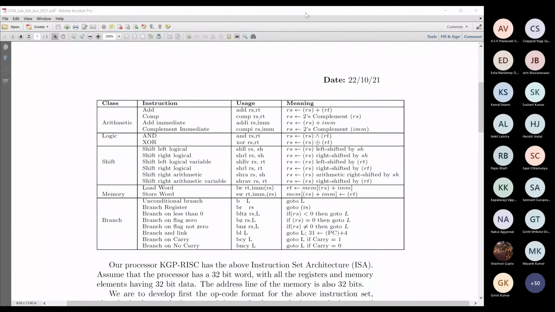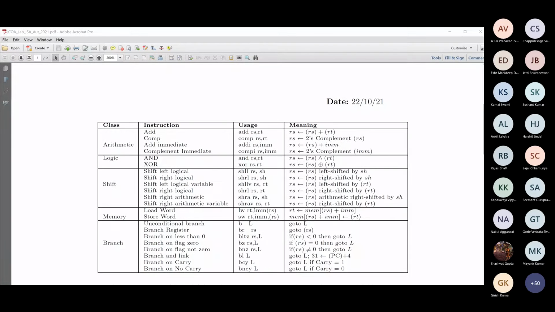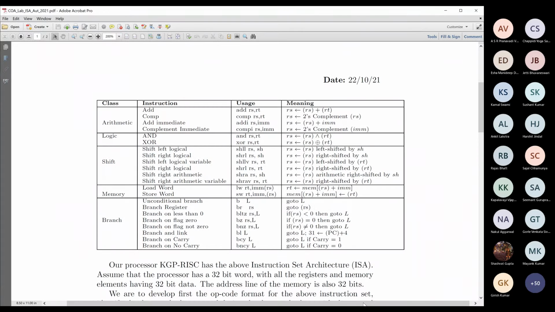A or B is A and B XOR of A XOR B. So you first calculate A and B, you also calculate A XOR B. Don't bring plus into the scenario, plus is an arithmetic operator.